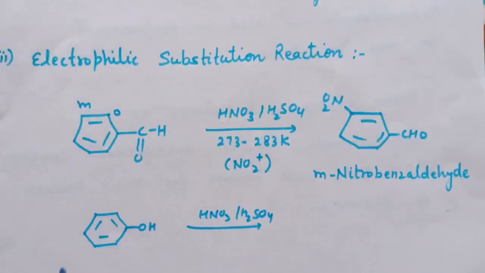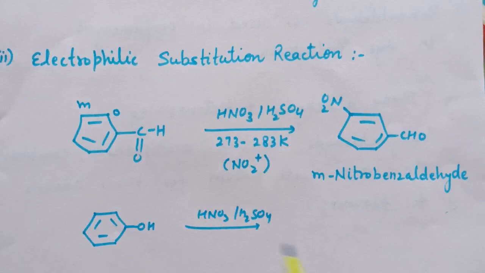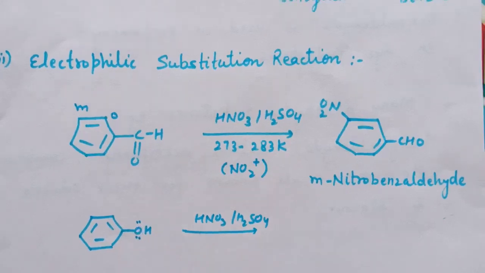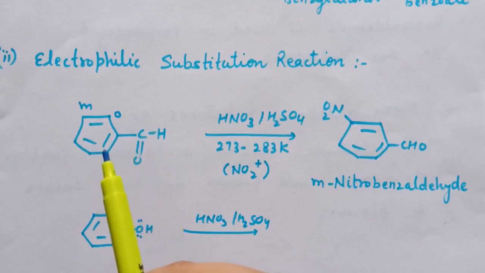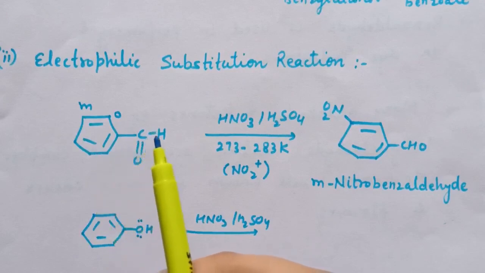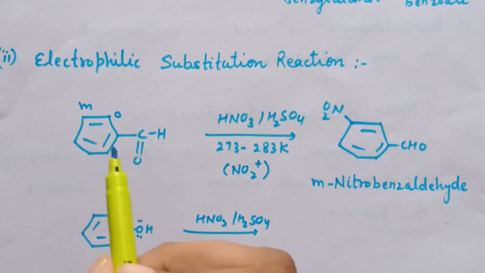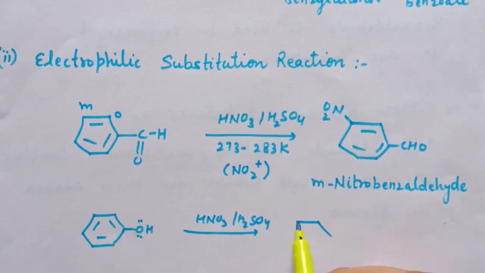Now if this phenol is given and HNO3 in presence of H2SO4 is used, as we know that OH is a strongly activating group and it will substitute electrophile at ortho and para position. So whenever activating group is placed on benzene ring, that will substitute electrophile at ortho and para position, and whenever any deactivating group like CHO is present on benzene ring, it will substitute electrophile at meta position. So here in benzaldehyde, meta product is formed, whereas in case of phenol the product is